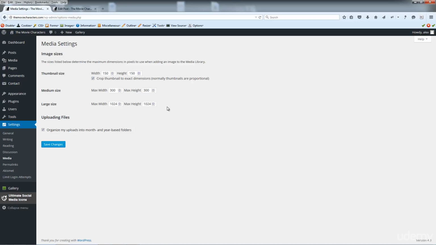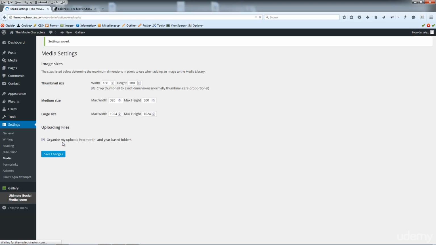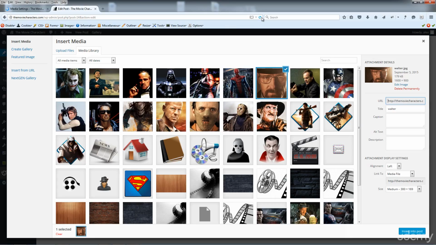Okay. Now, these settings will only apply to new images. What I'm trying to say here is, if I decided to change any of the settings here, let's say I wanted to change my max width to 320, for example, and change thumbnail size to be 180 by 180. Let me save those changes. Let me come back to my post. If I refresh this page,